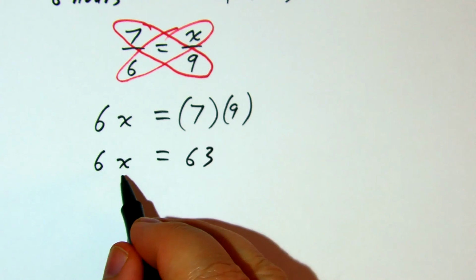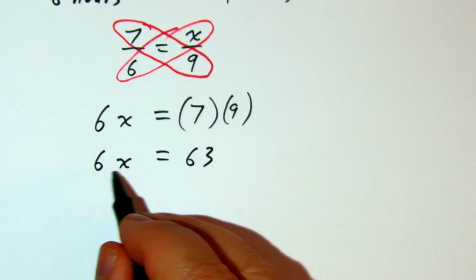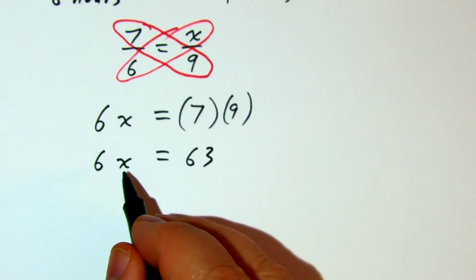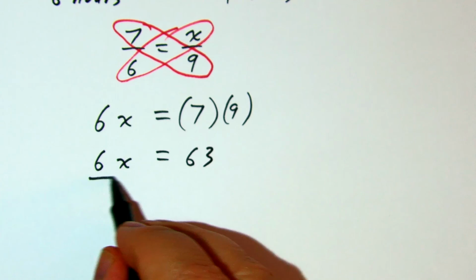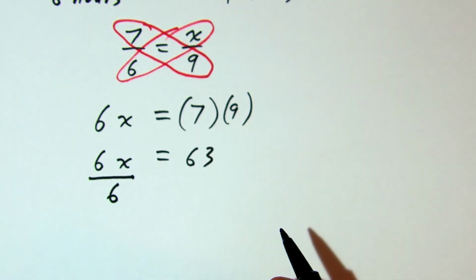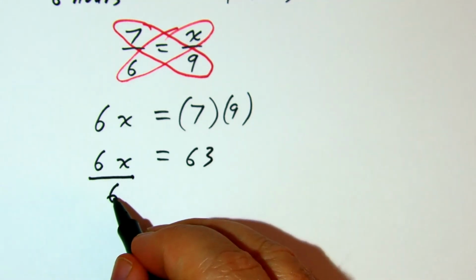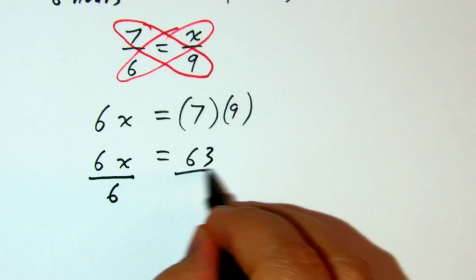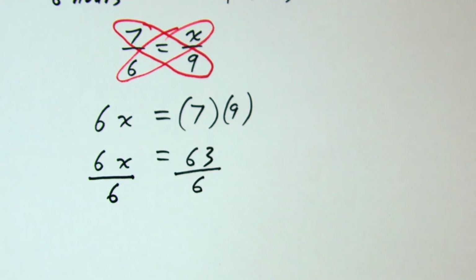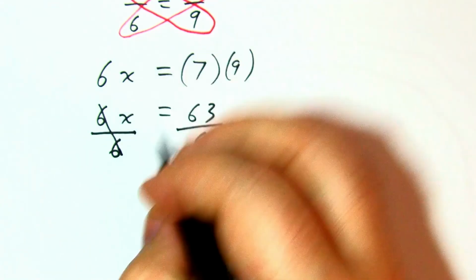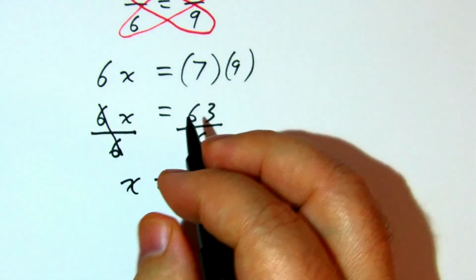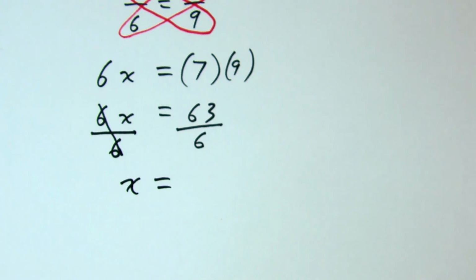They're multiplying X by 6. That's what 6X means. So we want to get X by itself. So we need to get rid of the coefficient. Since they're multiplying by 6, we can get rid of it by dividing by 6. Before the ink even dries, if I divide the left by 6, I've got to divide the right by 6. The 6's cancel, and I get X equals top divided by the bottom,